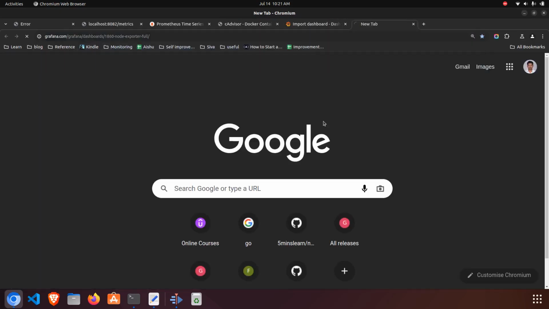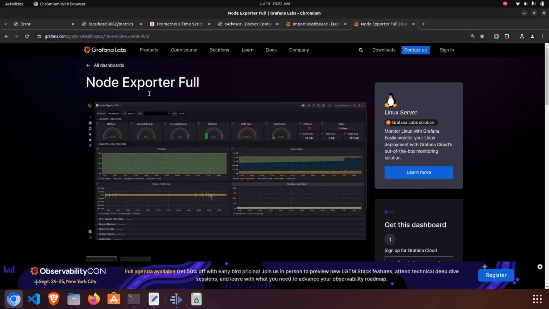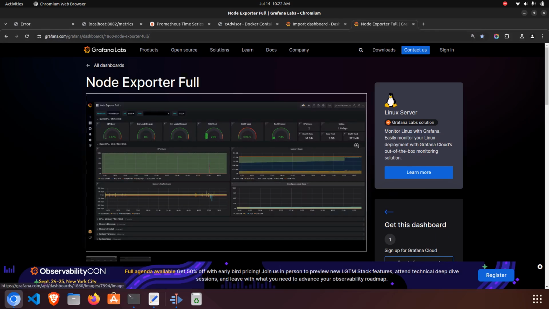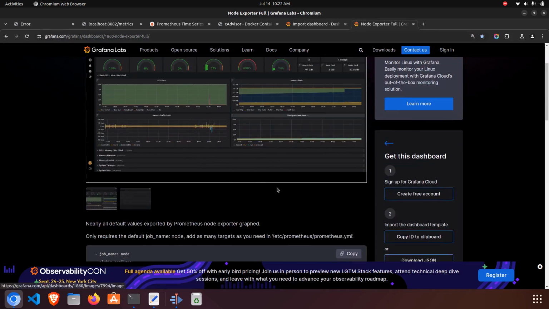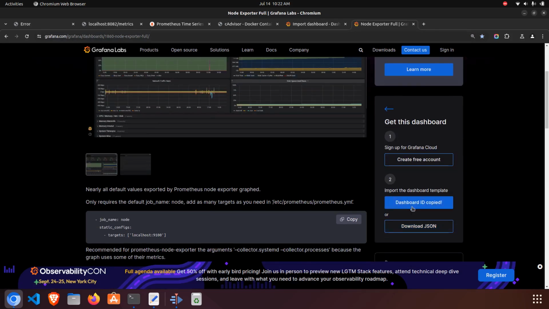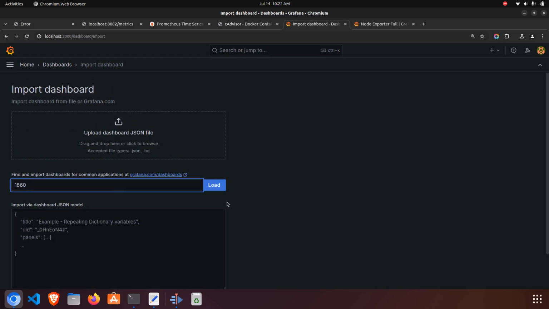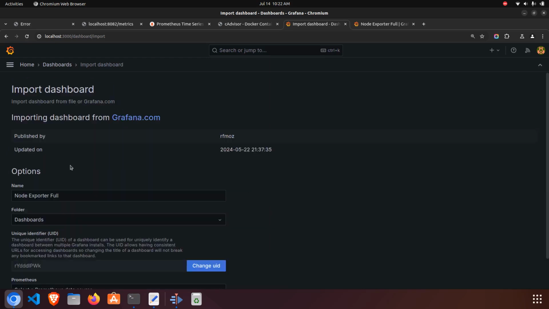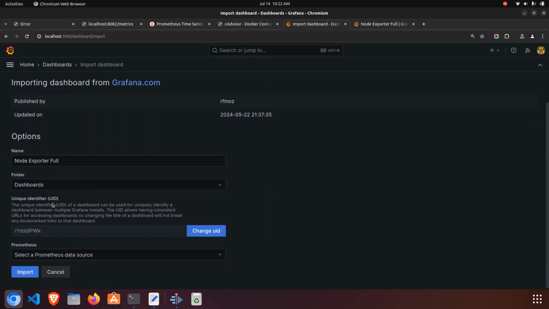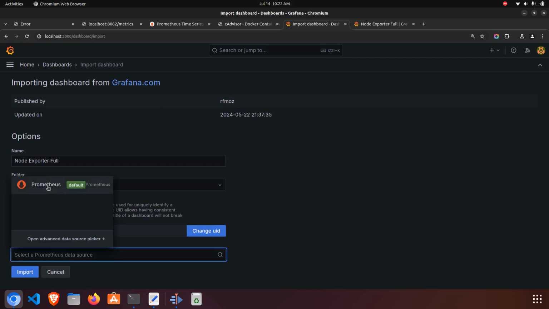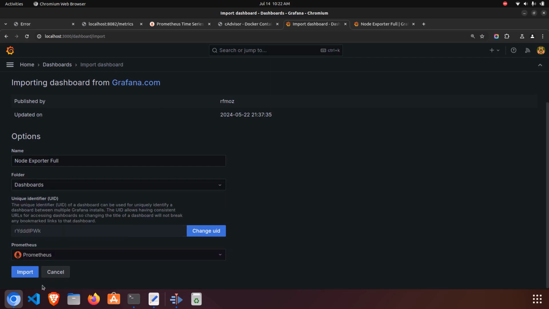So this is a dashboard for Node Exporter that's available in Grafana. This is a preview of the dashboard. Then you can copy the ID of the dashboard. You can come back to Grafana and paste that ID here. So this will load data regarding the dashboard. Here we can set Prometheus as the data source. So once we click on import,